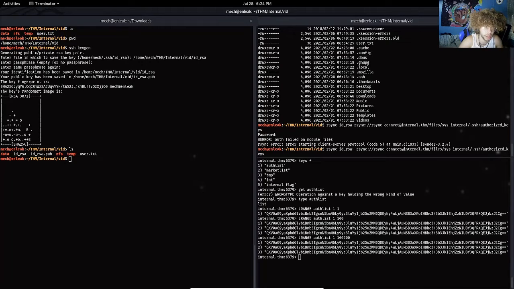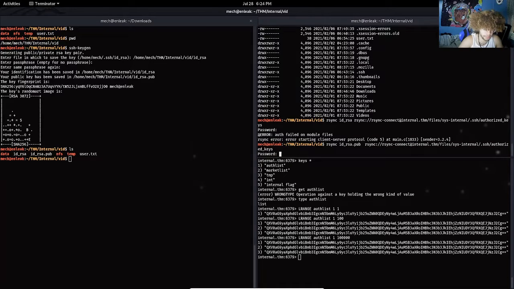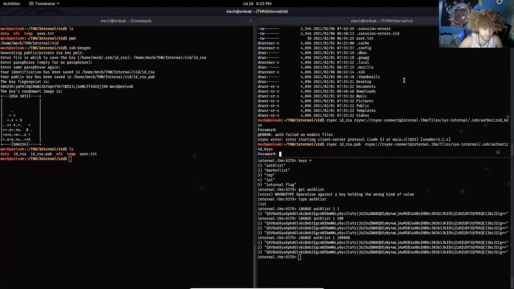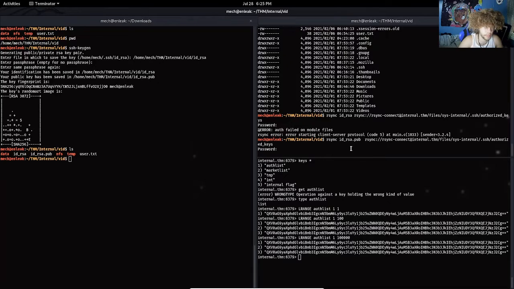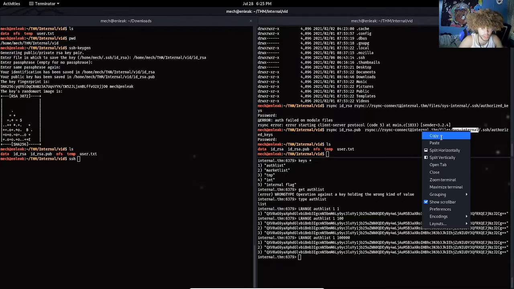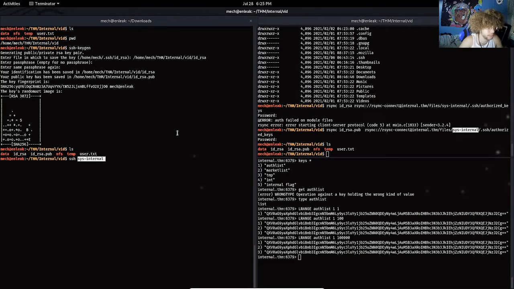Give me a second. Dot pub. Let's copy this. Okay. And in order to SSH, we're going to log in to internal, well, sysinternal, because this is his,